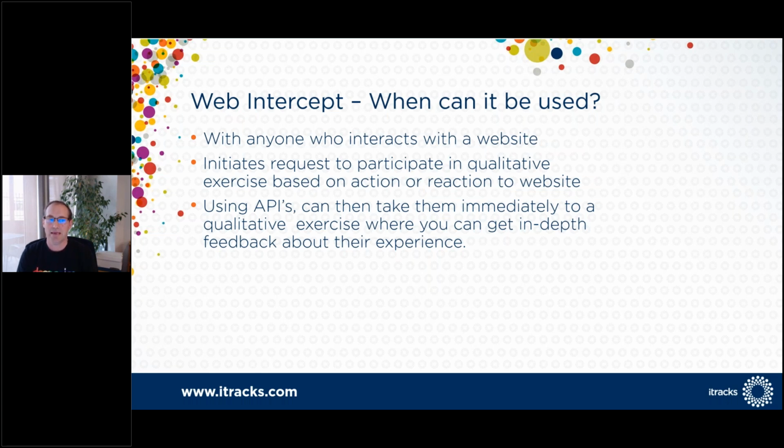You sometimes can gain statistics, information, often in bulk and in quantitative pieces and parts, but sometimes, as Lon pointed out, we're missing the why, and this is where, based on those actions that your clients choose, we can move them to a real-time qualitative exercise. So using APIs, we can take them immediately to a qualitative exercise where you can begin getting that in-depth feedback that you're looking for.